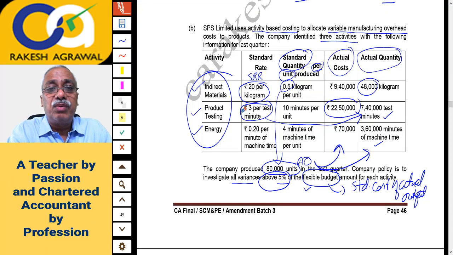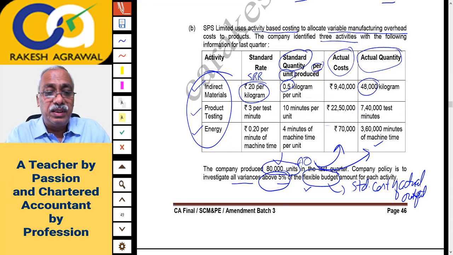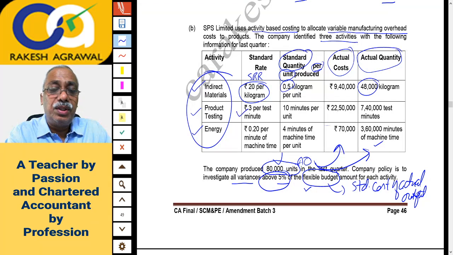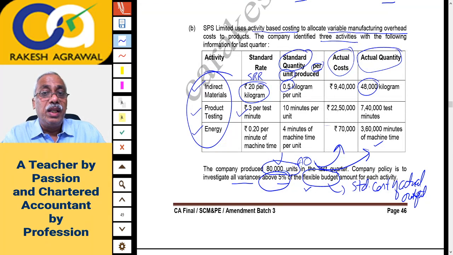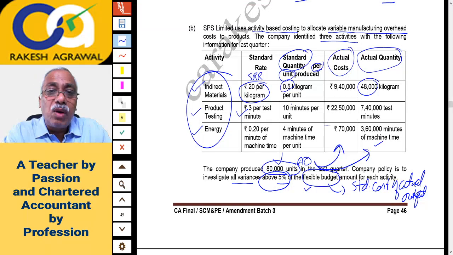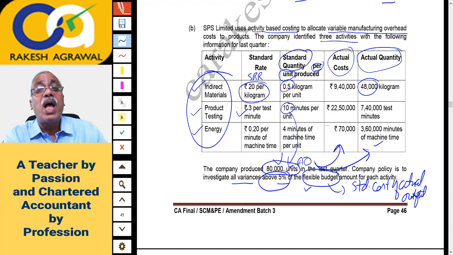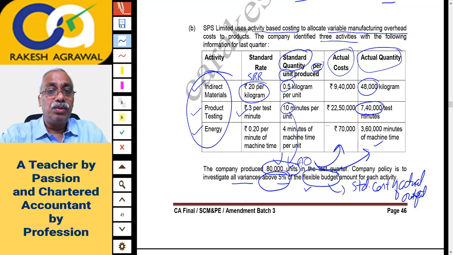And for efficiency variance, what you will do? For efficiency variance, we'll take the same rate, 3 per minute, but in the bracket we want standard hours minus actual hours. So instead of standard hours, I'll take standard minutes required for actual output minus actual minutes. Now for 1 unit you need 10 minutes. So 10 minutes into 80,000. 8 lakh minutes should have been taken for production, and you have taken 7,40,000 minutes. So as compared to 8 lakhs, you have taken lesser time. So here the efficiency variance will be favorable, and so on. I hope you can easily do it now, right? Answers are already printed. So I'll take you to third part now.